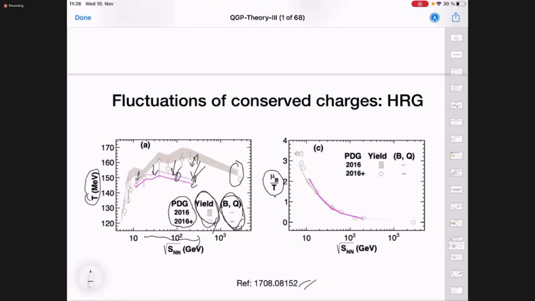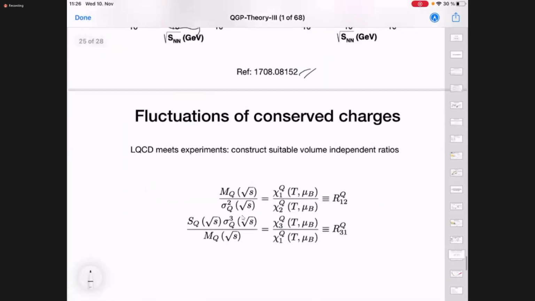Right now, let's just keep it as an observation and go ahead to look at what lattice can do,